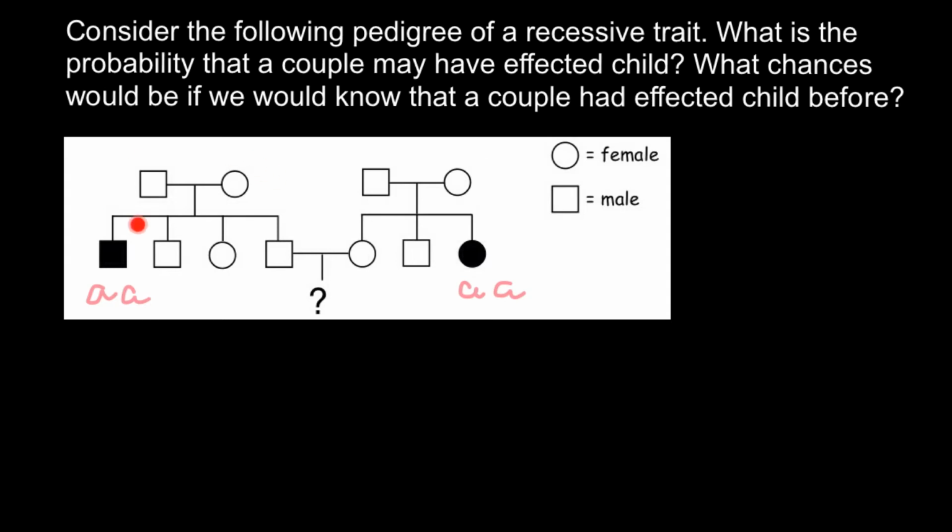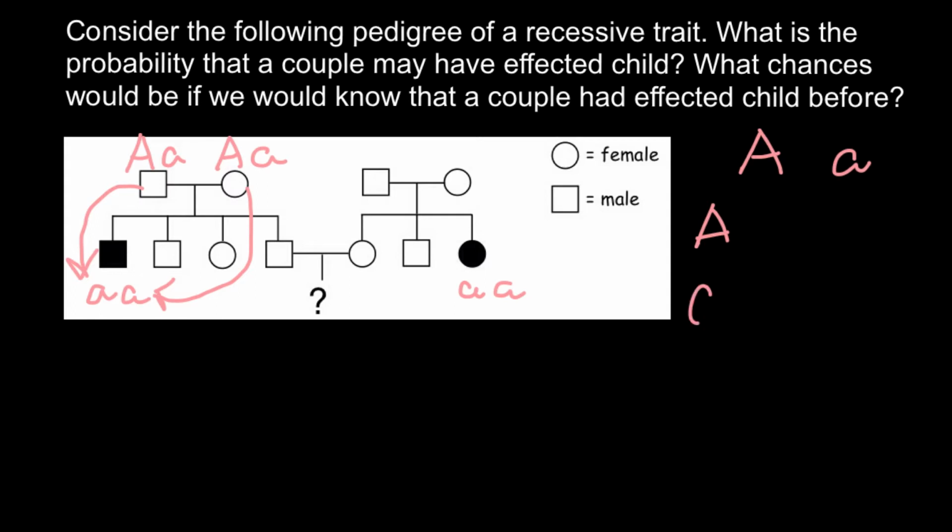So what can we say about their parents? We can say that one recessive allele this male got from his father, and another recessive allele this male got from his mother. So the father has a recessive allele and the mother has a recessive allele. But because the phenotype of the parents is normal, that means the other allele is normal. So both parents are heterozygous. So what can we say about the genotype of this male? If we know that both parents are heterozygous,